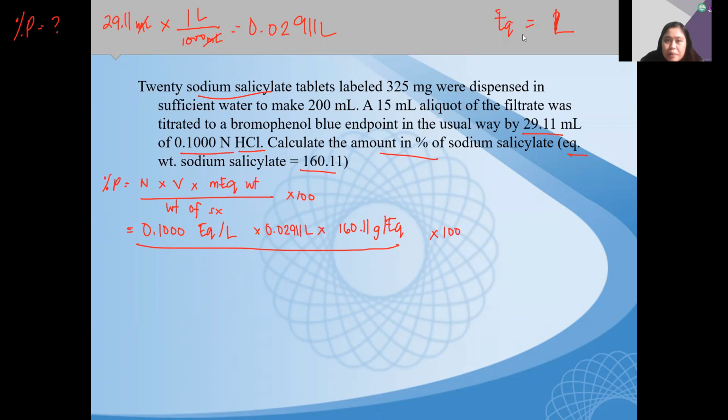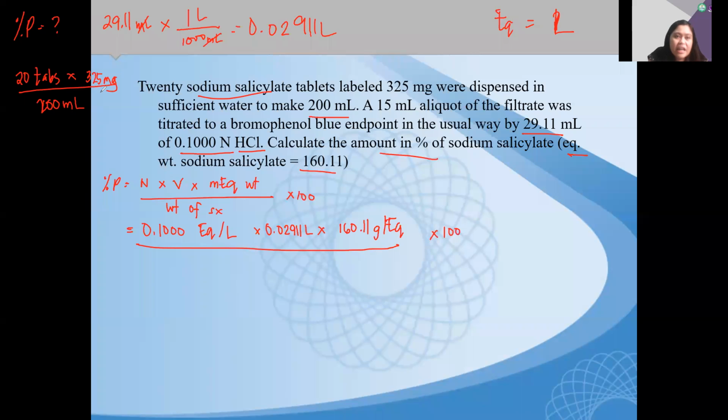Let's analyze the problem. Meron tayong 20 na tablets, 20 tabs. Each of them weighed 325 milligrams. Okay? So lahat yan, winay and nilagay sa tubig. Okay? So, ang mangyayari, ito 200 ml. Okay. So, ganito yung mangyayari. Kukunin natin yung weight ng lahat